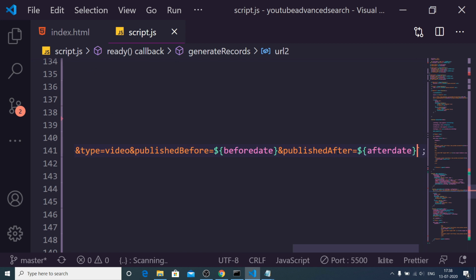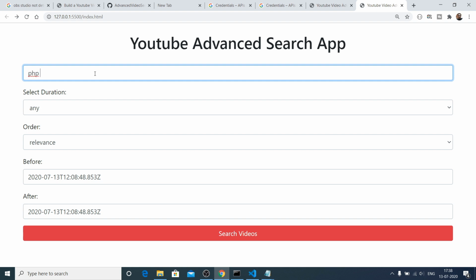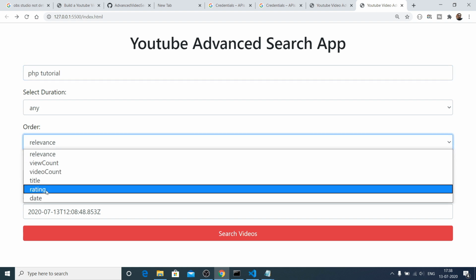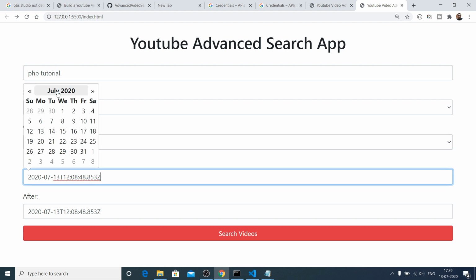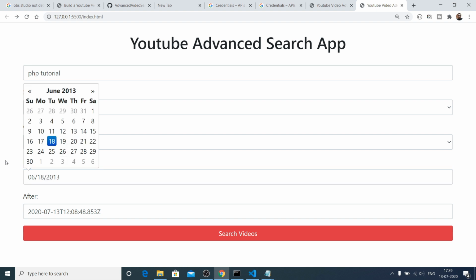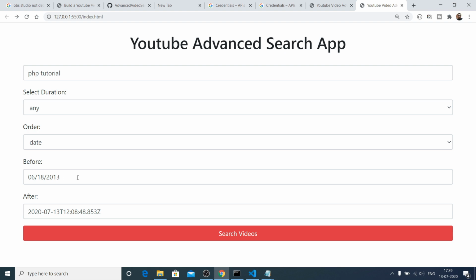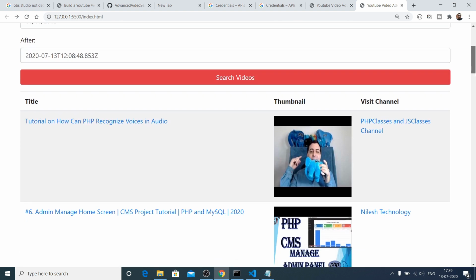Here paste it again, and now if I search any topic, that is PHP tutorial, and now if I select the order by date, change this to date, and now if I select this before date, let's suppose I select the year 2013 June 18. I want the videos which are published before this date. If I click search videos, you will see that these videos are very much older.